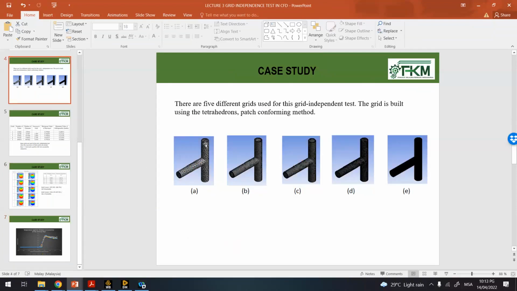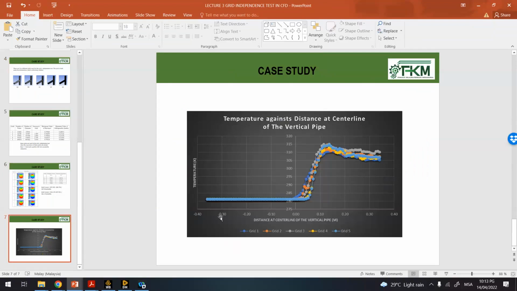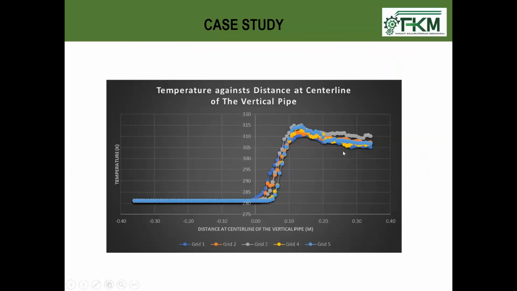Okay, let's say we want to plot. We make one line. We want to plot a graph along this vertical line. Okay, so you can plot this line. Right, so you plot for each grid number 1 until grid number 5. Okay, so we can see that